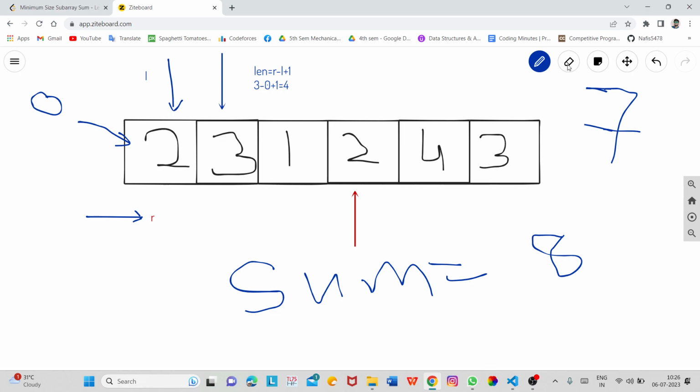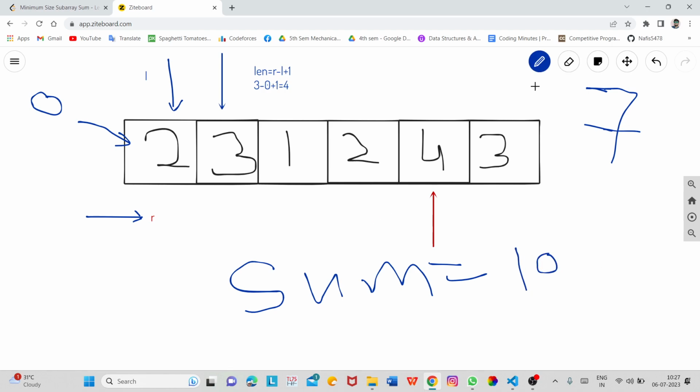So basically our sum is going to be 8 minus 2. It is nothing but 6. So you can see that again it is less than target. Whenever it is less than target, what we are going to do, we will just increase the value of r. So we will increase the value of r, and again the sum will be 6 plus 4. It is nothing but 10. Again you can see that the value is greater than 7, or greater than target. So what we will do, we will again store our answer.